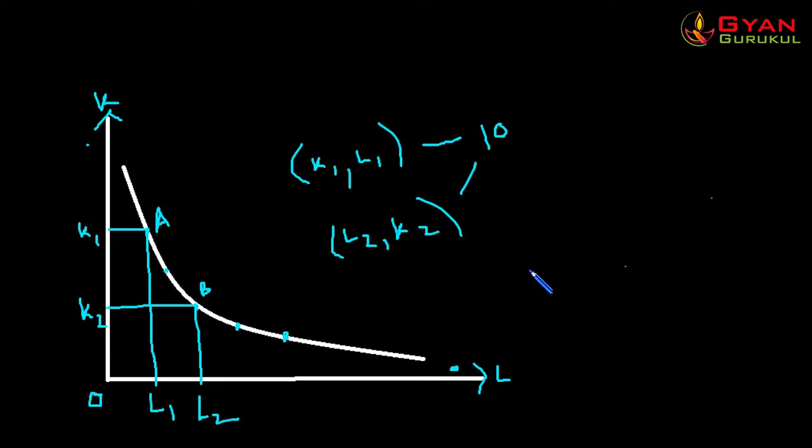Therefore, the curve that shows all the points that would give the same level of output, in that case this output would be less than that amount of output. If we reduce capital beyond a certain minimum level, then it would not be able to give us that very same level of output. It would not be able to give us the output that we found in point B, in point A, or in any other point throughout this curve. That is why beyond that level, substitutability is not possible.